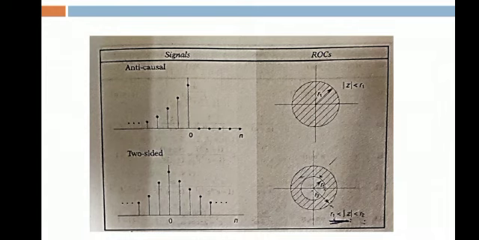And for two-sided infinite duration signal, we have signals at both sides of the origin. So for two-sided infinite duration signals, the region of convergence is greater than R1 and less than R2. So whatever is the shaded portion here, you can see that will be the region of convergence for two-sided infinite duration signals. So this is how you can decide what will be the region of convergence of the Z transform.